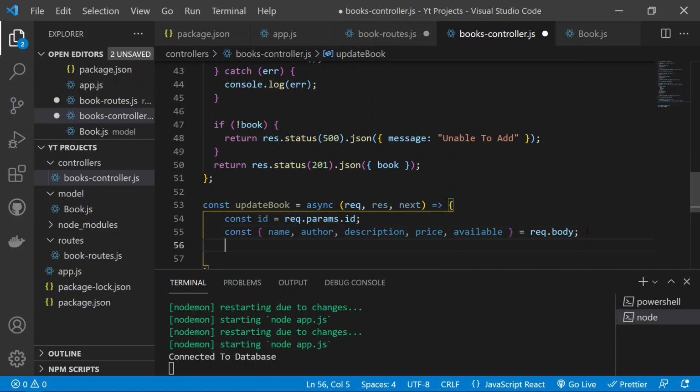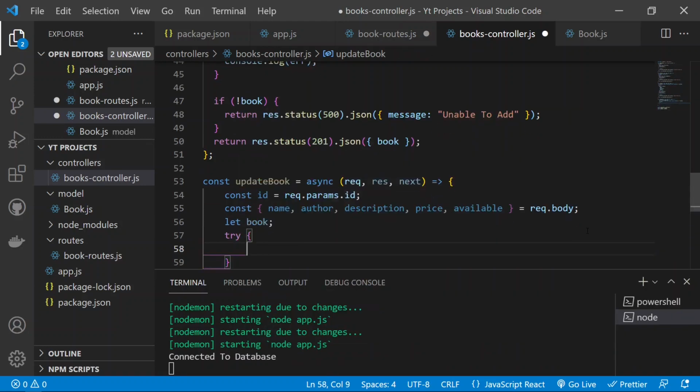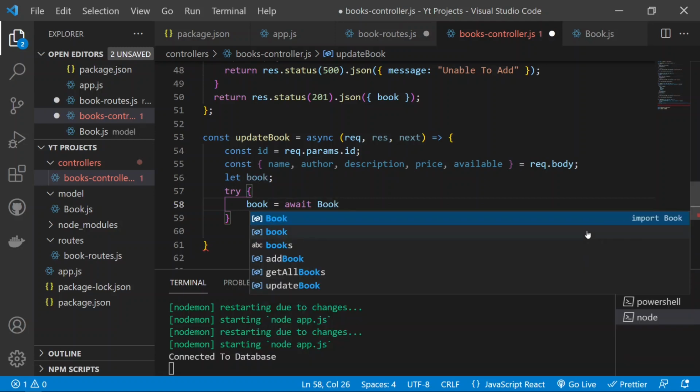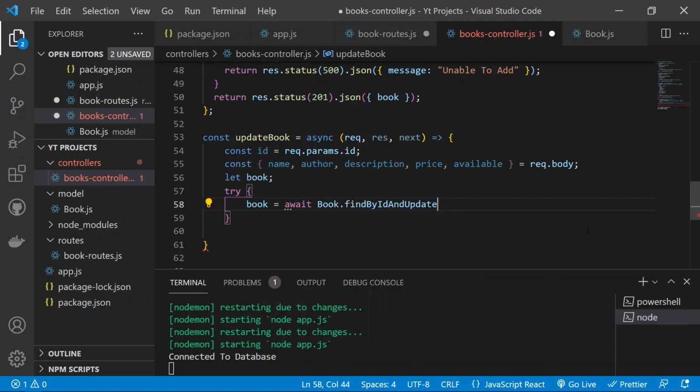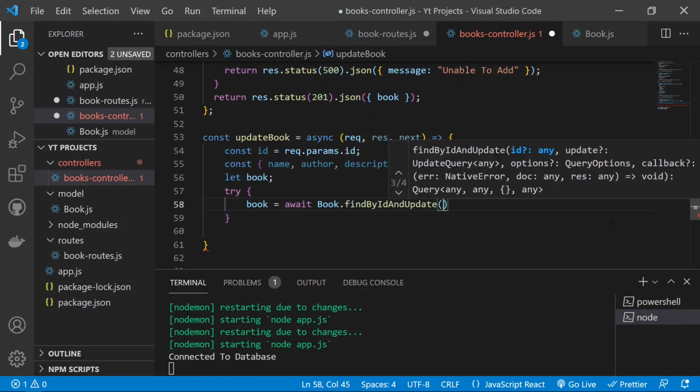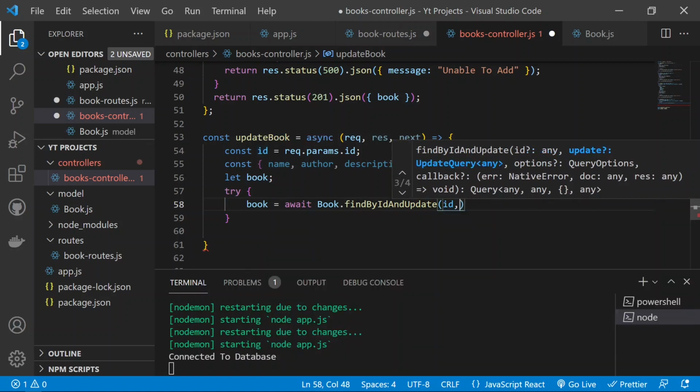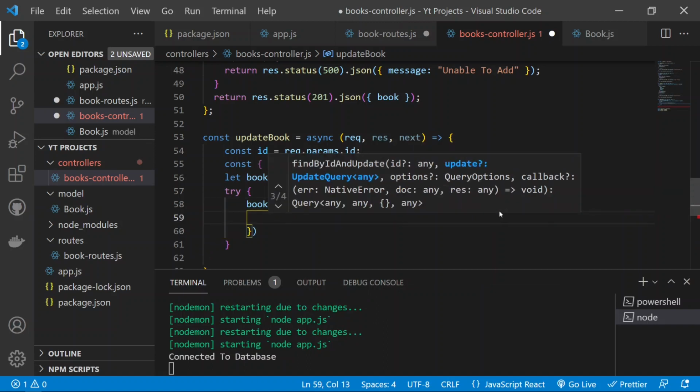So request.body is now there, and then we can create a book as let book, and then use a try catch. So try, and then the book will be equal to await Book.findByIdAndUpdate, as we have discussed. For this function, the first parameter will be the id. We will pass it directly, which we get from request.params, and then it will contain the update query. The update query will contain an object